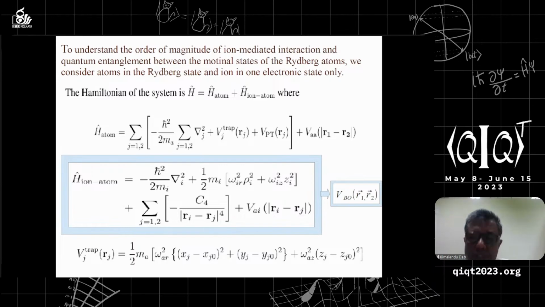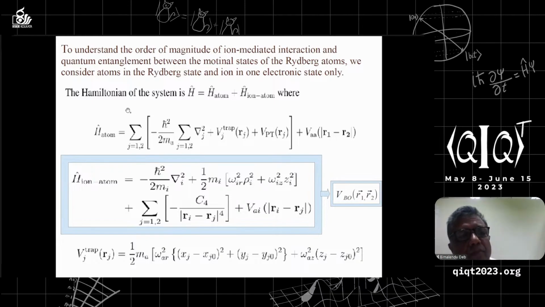But to start with, we are not considering the two internal states of the atoms or ion. We are considering one internal electronic state of atom and ion, just to understand the phononic coupling or the motional